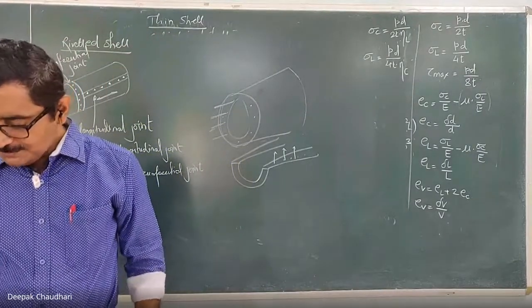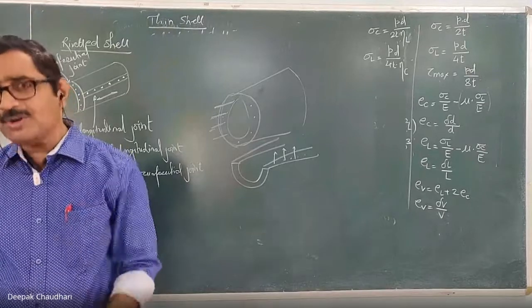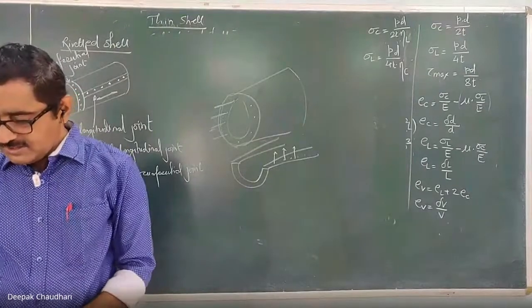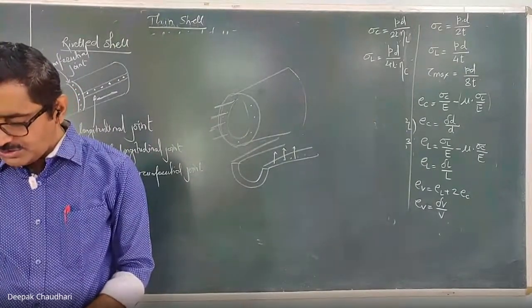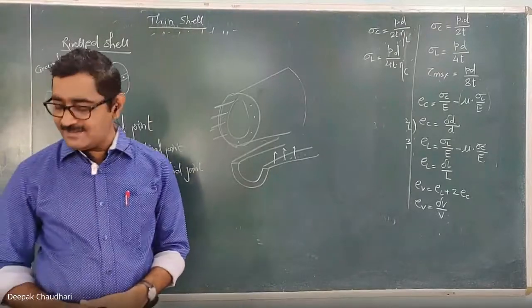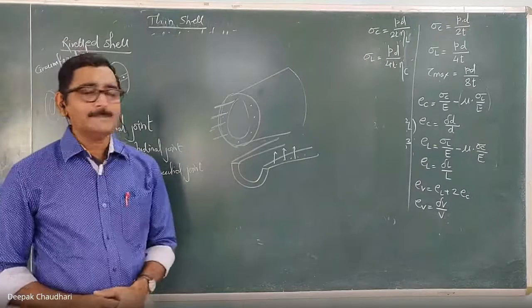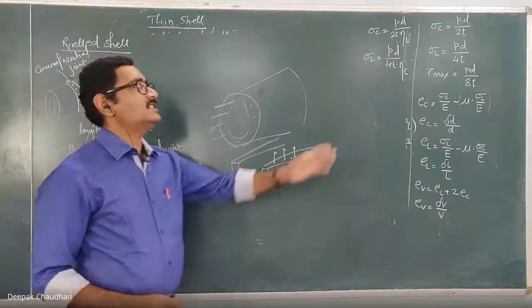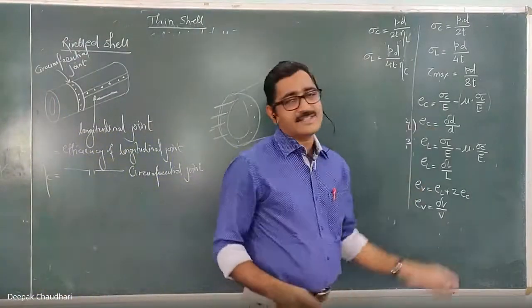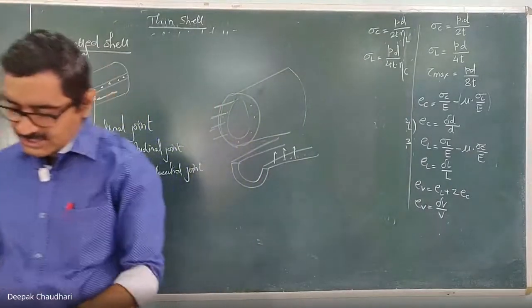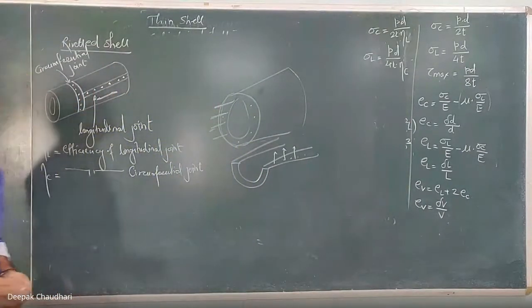Now the second question from our question bank, in which the longitudinal and circumferential joint efficiencies are given, which are 80% and 50% respectively. Here just the changes you have to make, all other sums are similar. So this second question is for homework.